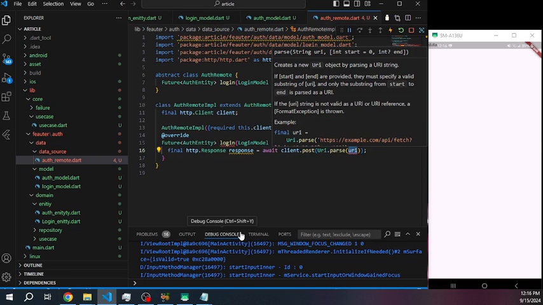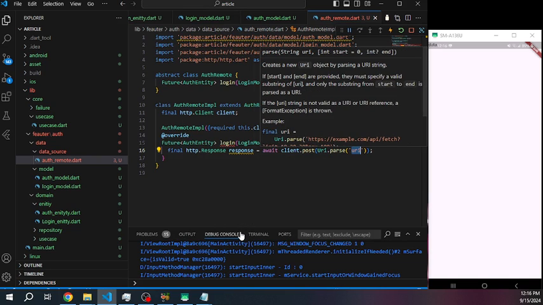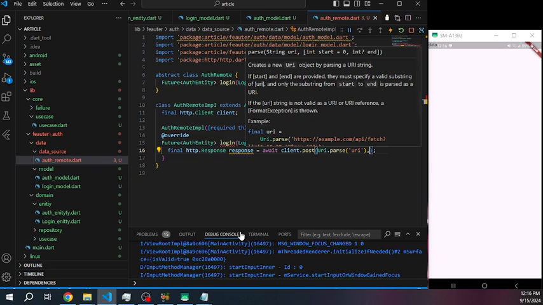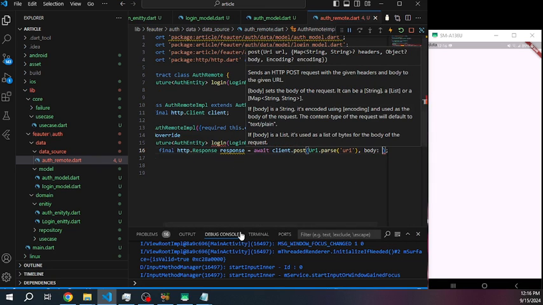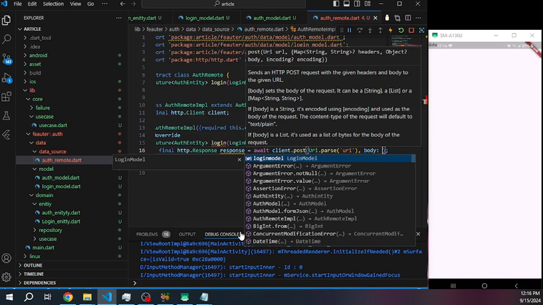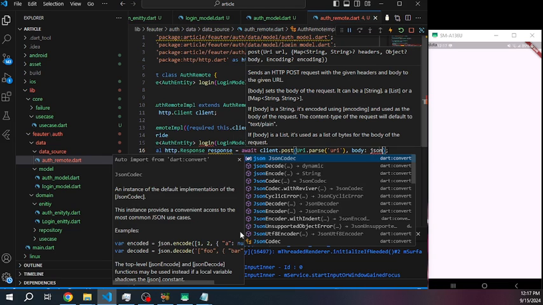Inside this parse, there is some URL. After that, we need to pass our body because we are going to post it. Our URL is going to be our URL to post our data. Our body is going to be our email and password to fetch those things. Of course, we are building the model JSON